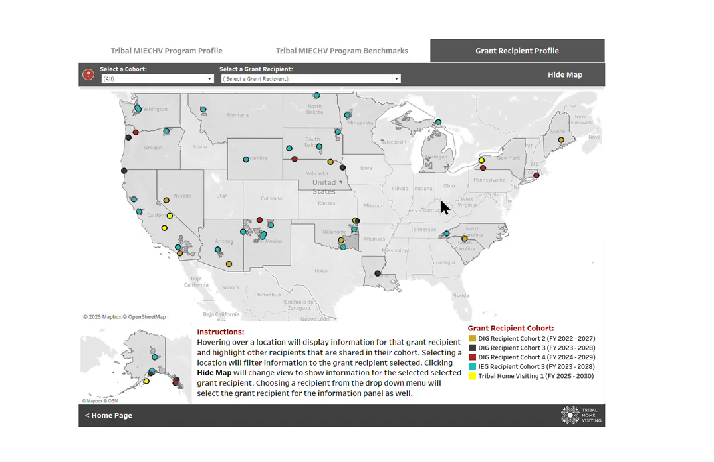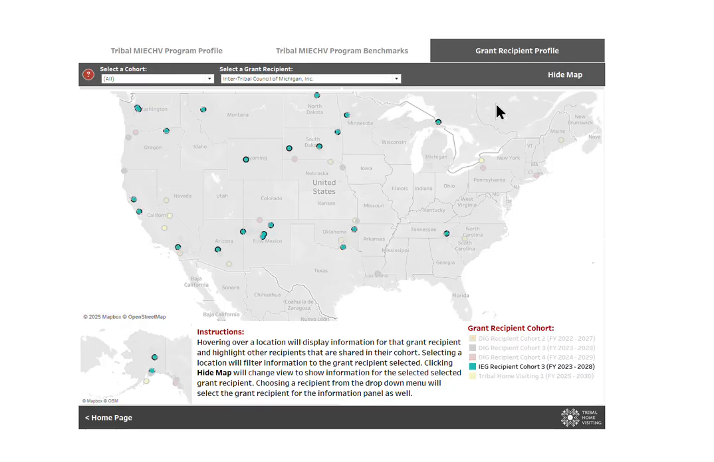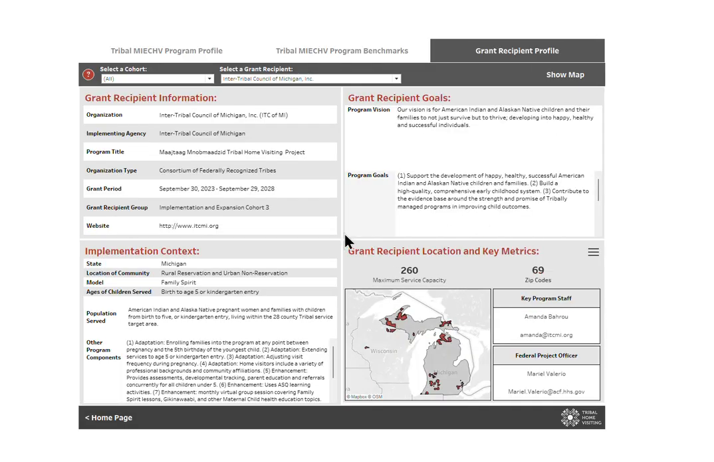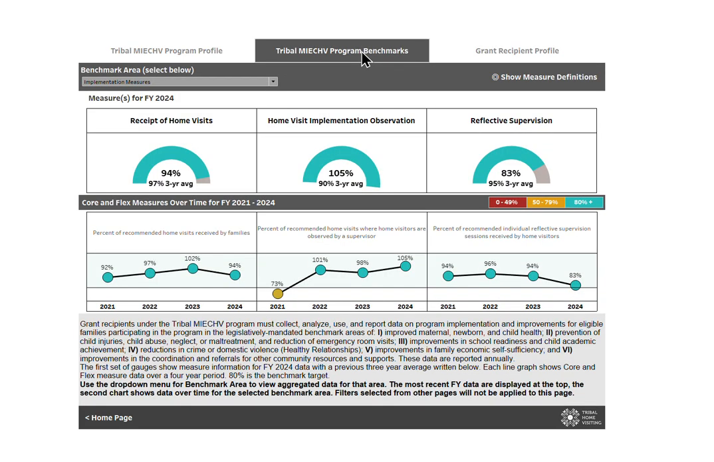To see the information for the cohort or for the grant recipient, make your selection and then go ahead and select Hide Map. This will show information between 4 panels. You will have grant recipient information, grant recipient goals, implementation context, and grant recipient location and key metrics. To go into the next tab of the dashboard, we can make a selection from the top, selecting Program Benchmarks,